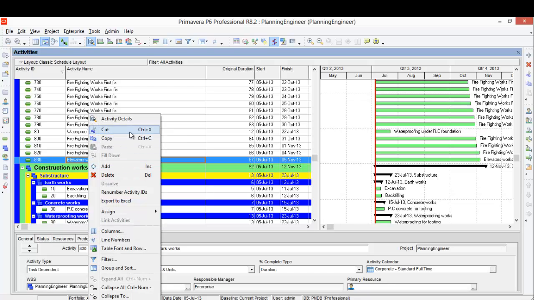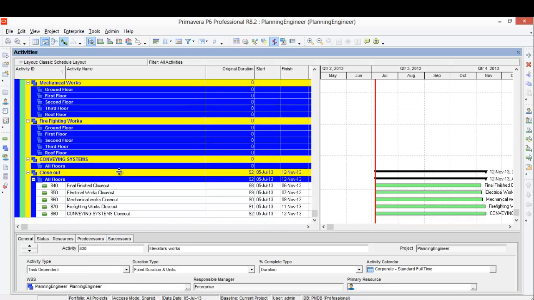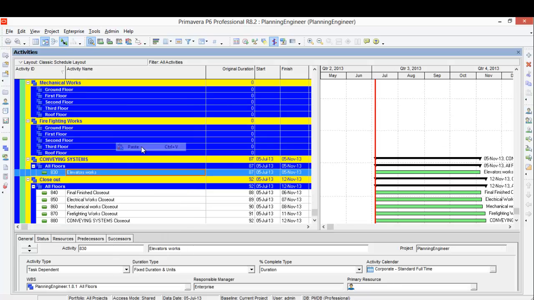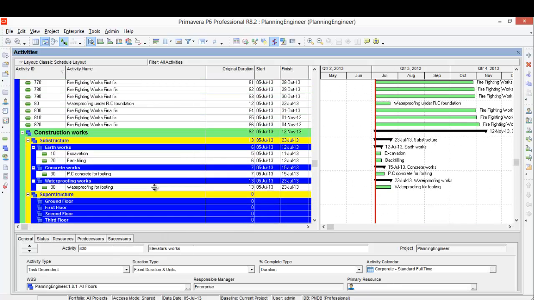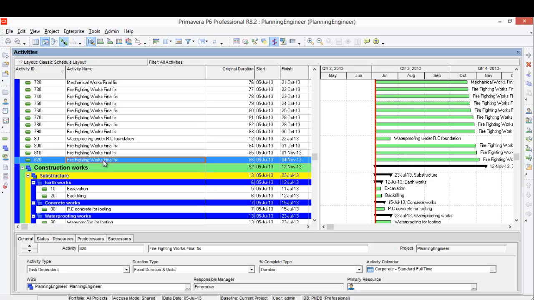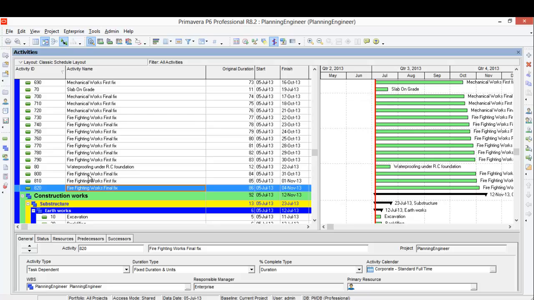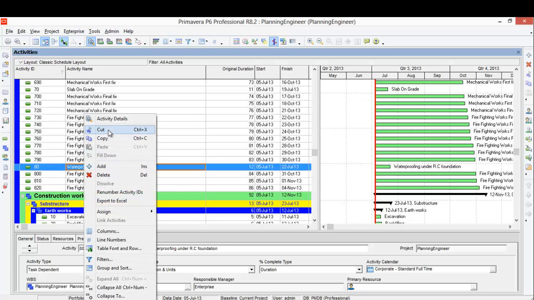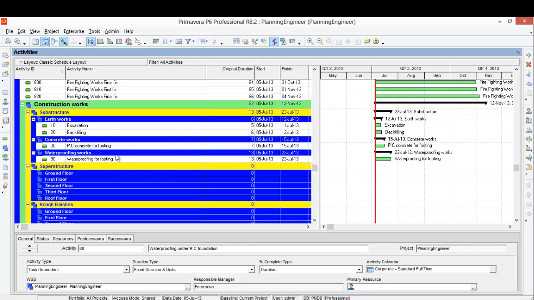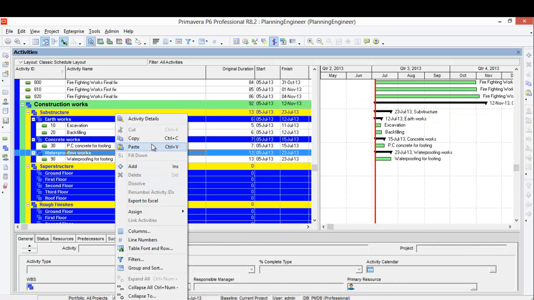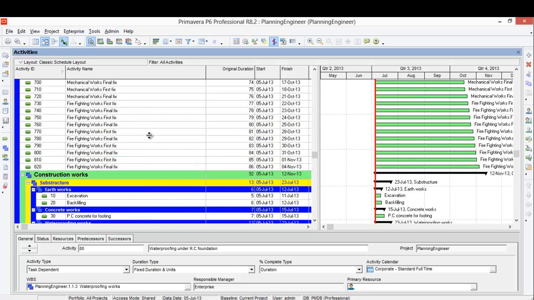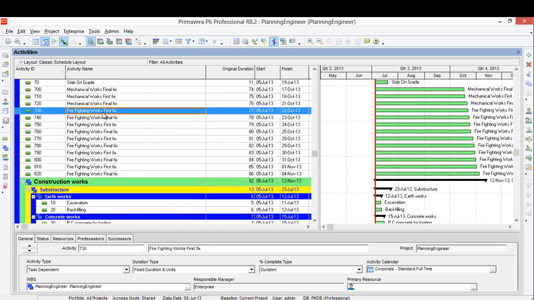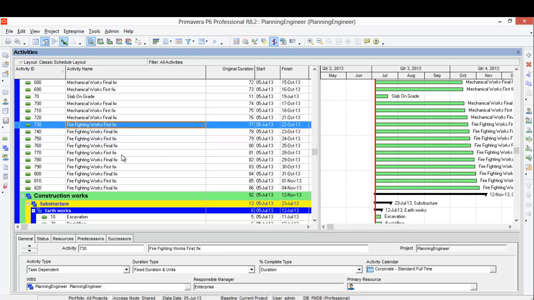This elevator work is under the conveying system. This firefighting, we have here three or four firefighting. Waterproofing first, we'll cut it and put it under waterproofing work. So we have firefighting first fix and firefighting final fix.